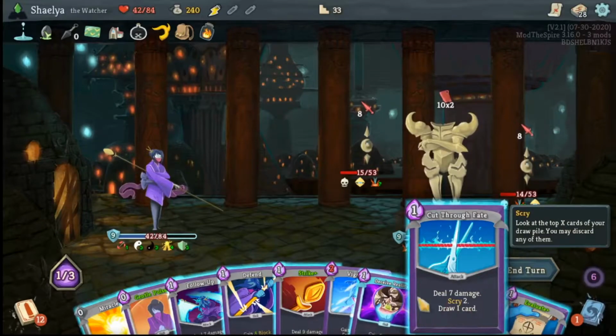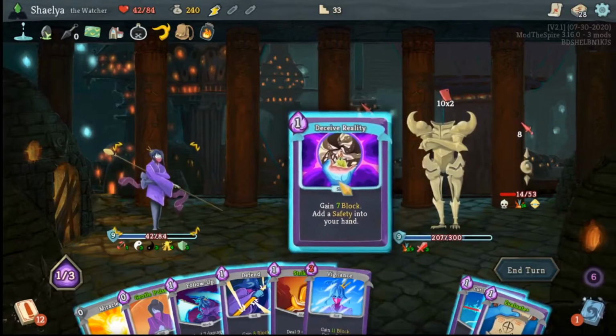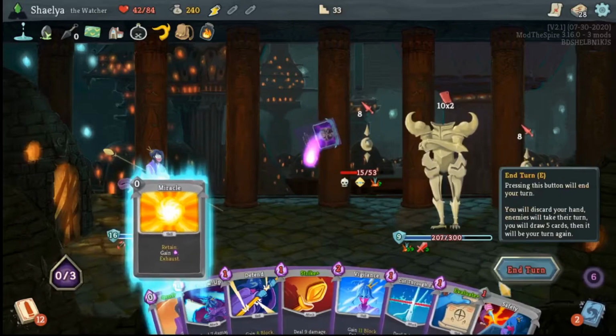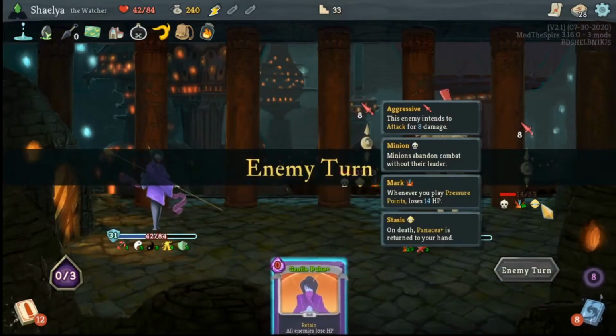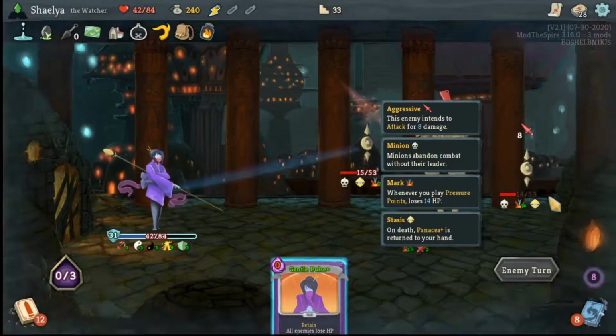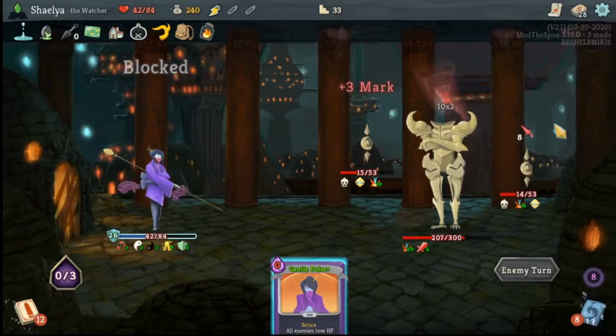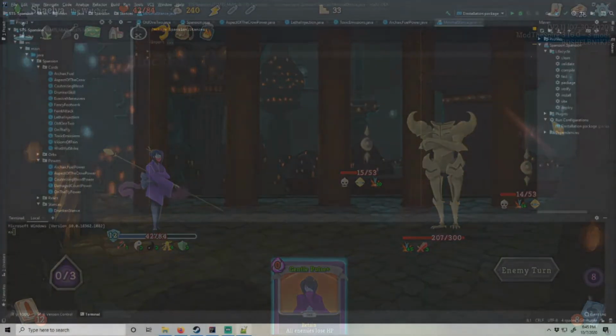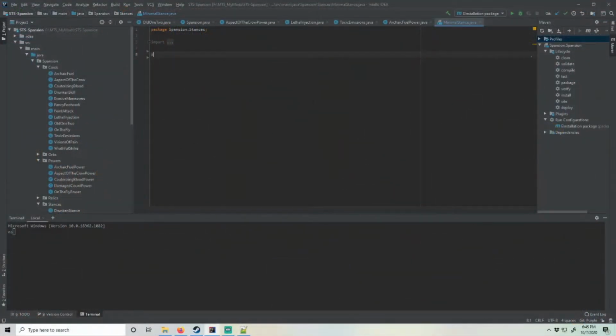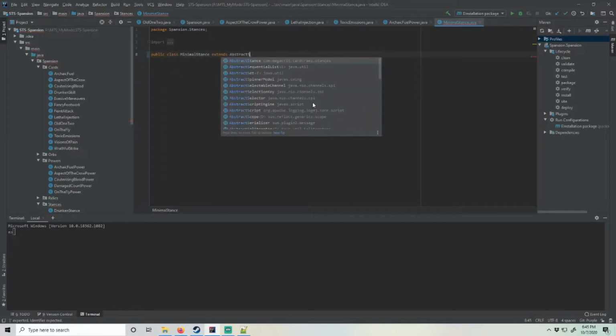In the end, I found a mod on the workshop, the Marked mod, which had a custom stance, and I referenced its source code on GitHub. From there, I did some experimenting to figure out the bare minimum for a stance. Our custom stances need to extend AbstractStance, predictably, and only need its constructor and an override for updateDescription, and